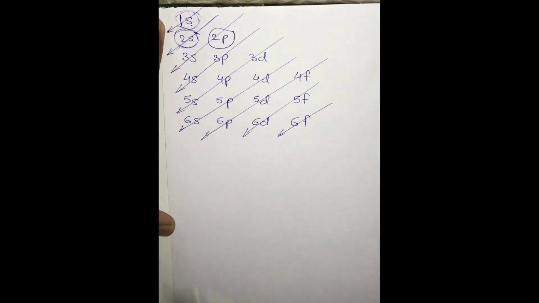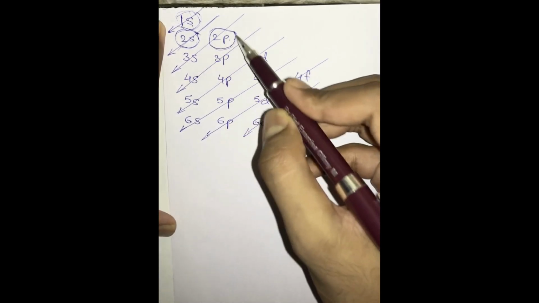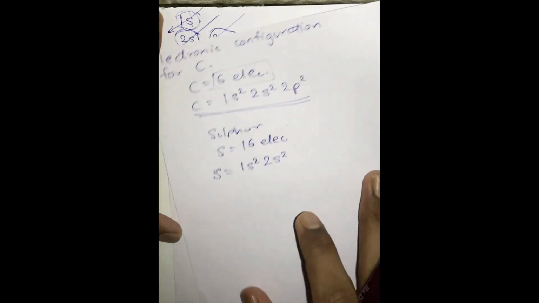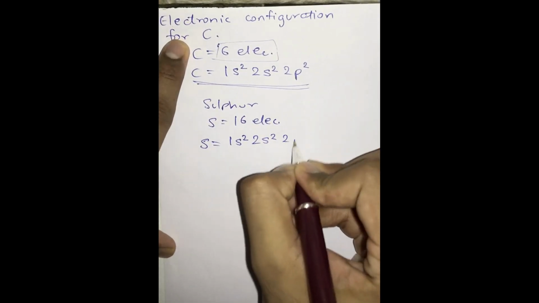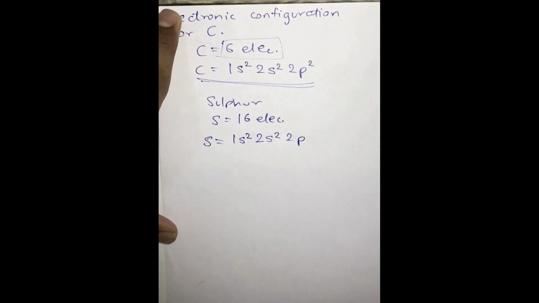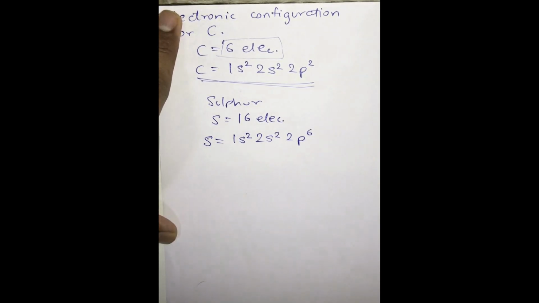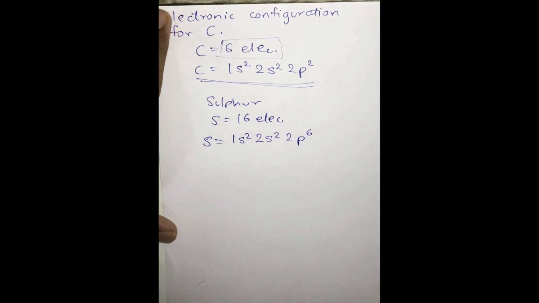So after 2s, 2p has the least energy. Okay, we move on to the third arrow. So here 2p has the least energy. So we have to consider 2p, and we have 12 electrons to be accommodated, but p can take only 6 electrons. The p subshell can take a maximum of 6 electrons, as I have mentioned earlier in the video. If you remember, I will write 6. So out of 12 electrons, 6 are taken away by 2p. Still 6 electrons are remaining.